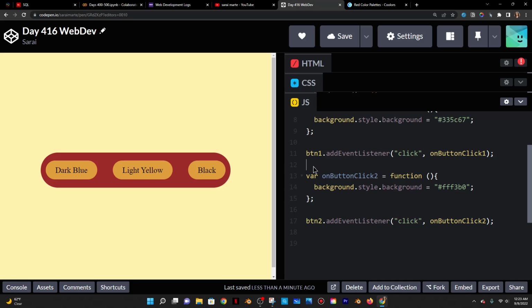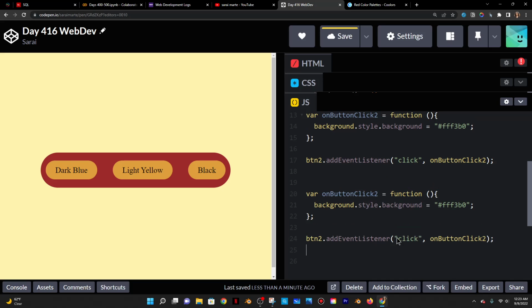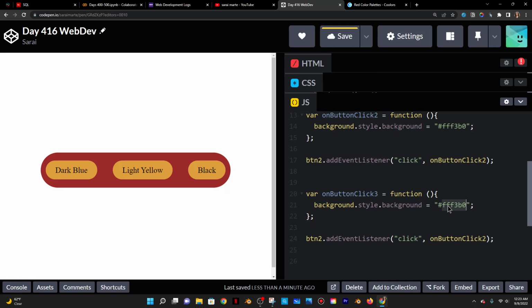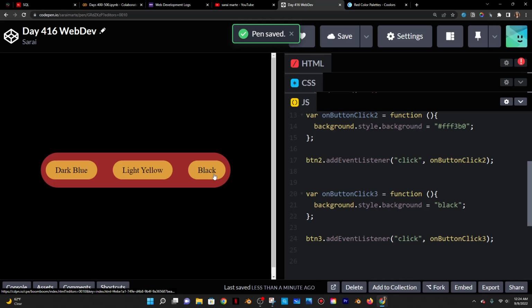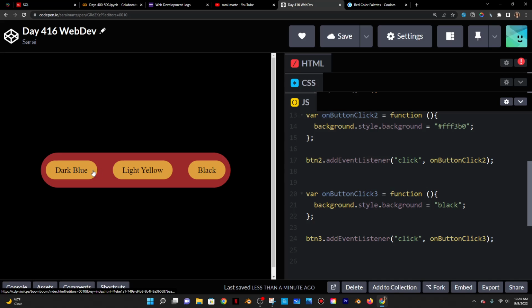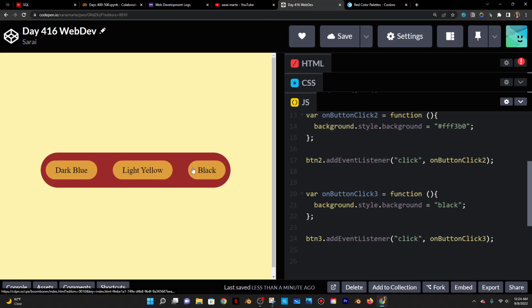Okay, now I'm literally going to copy this because I'm not writing this again. All right, paste that in there. Just change that to on button click 3. And then I just have to get, oh, it's black. I could just say black. And then let's see, on button click 3, and then 3. Save that. And now if I click on it, beautiful. And if I click on all of them, they all work, which is pretty cool,